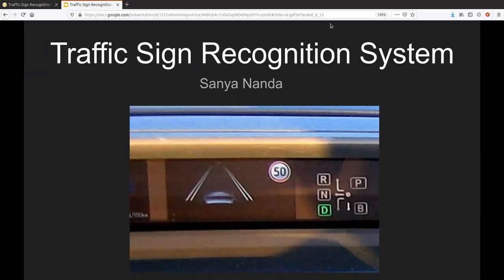So in this video, I'll be explaining the process that I went through while making a traffic sign recognition system using Python. What it does is that a camera is placed behind the rear view of our car, and it has all the visual feed of everything on the road. It detects all the signs and analyzes them and lets us know what the signs are. Like over here, we can know that 50 is the speed limit on the particular road that we're on.